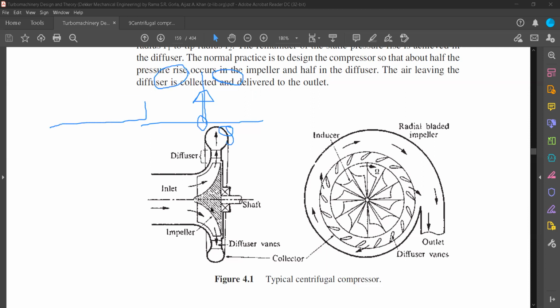The backward blades have the property that if we are working at off-design points, they still maintain their efficiency, while the radial blades and the forward-facing blades have very low efficiencies at off-design points. But radial blades are very useful when we have a higher pressure ratio, and since they are radial blades, there is very low centrifugal stress, and low centrifugal stress means low bending stress also. And since the stresses are less, we can run them at higher speeds.